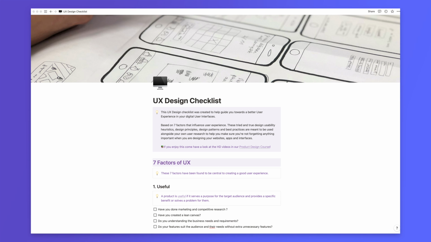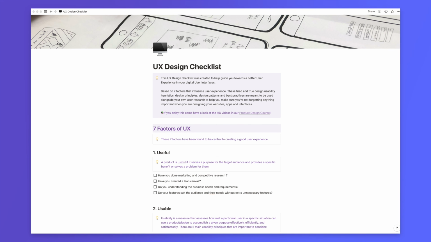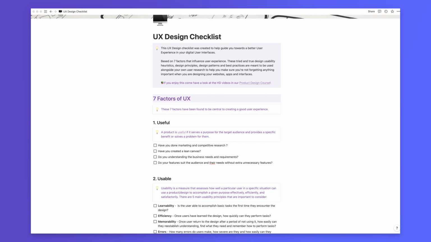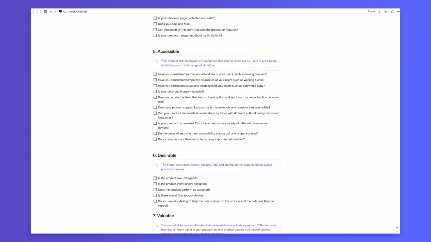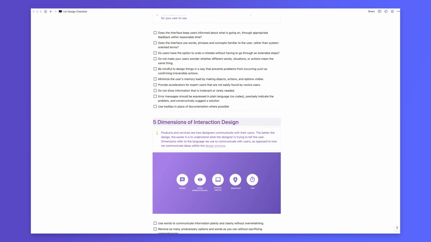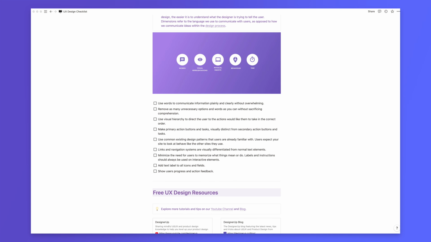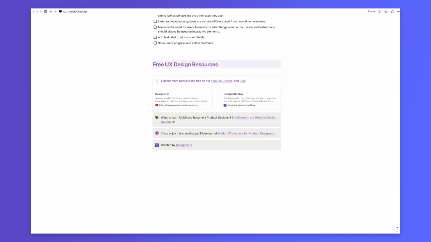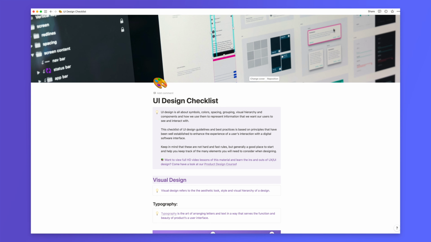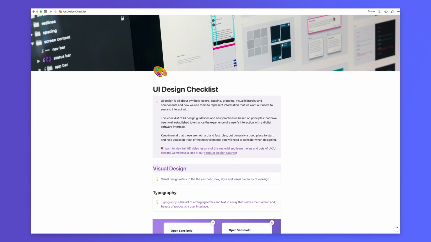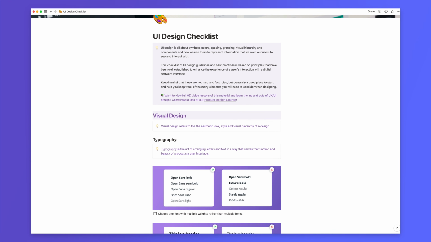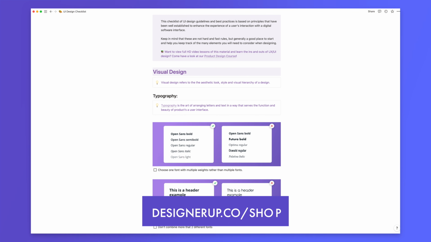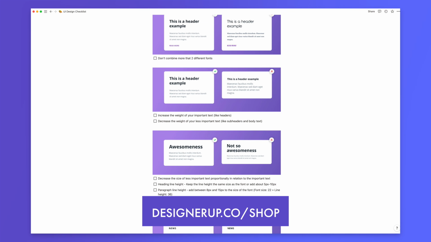And finally, we have 2 incredible free resources over at DesignerUp.co for Notion. The first is the UX Design Checklist, which was created to help guide you towards a better user experience. It includes things like the 7 factors of great UX, 10 usability heuristics, and the 5 dimensions of interaction design. And then we have the UI Design Checklist, which is all about the symbols, colors, spacing, grouping, and visual hierarchy and components, along with a lot of other great free resources. So go and have a look at those at